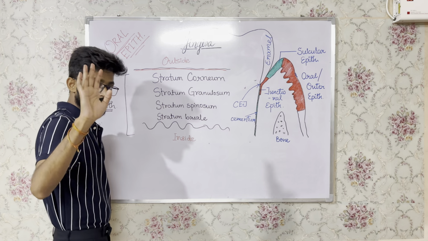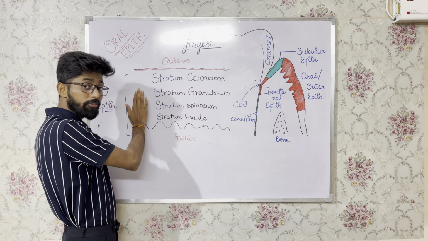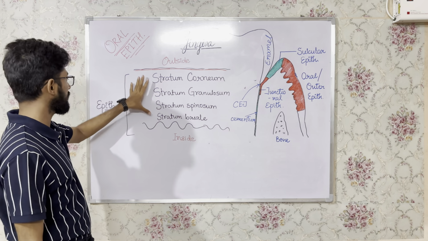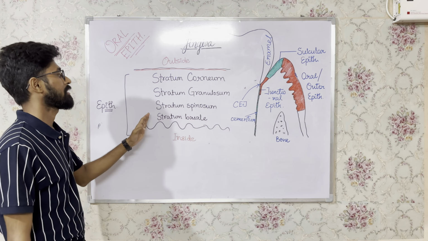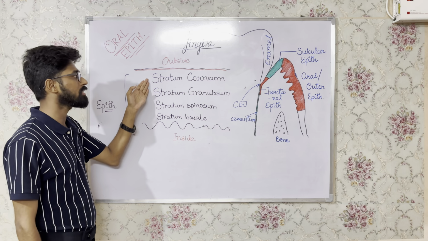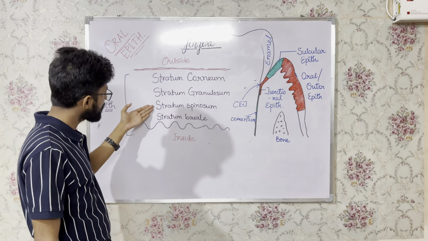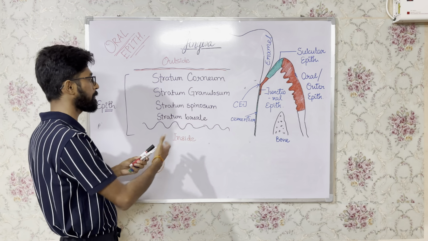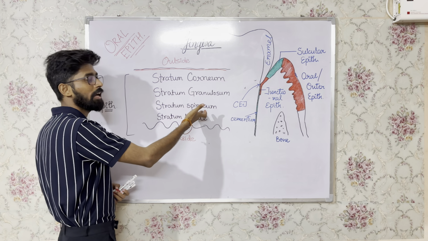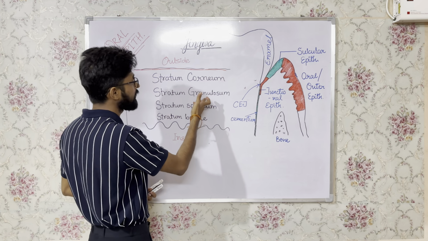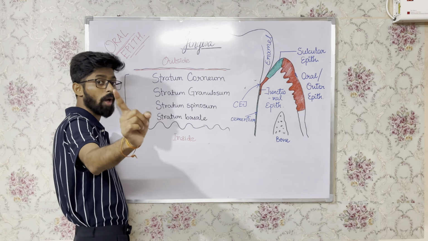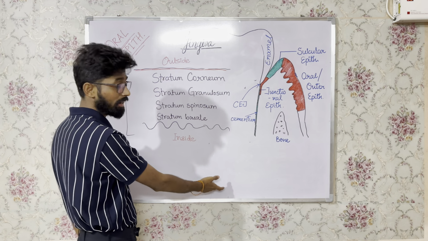So if you remember, you have studied it in first year DADH, there are 4 layers. The entire epithelium is divided into 4 layers: stratum basal, stratum spinosum, stratum granulosum, and stratum corneum. These 4 layers have different types of cells. For example, stratum basal has columnar or cuboidal cells. After that there are elliptical or round shaped cells. Then there is the granular part, and the uppermost part is the flattened squamous cell, which we drew earlier, right?